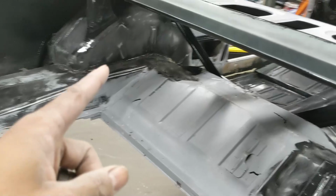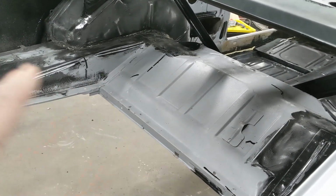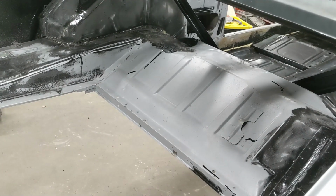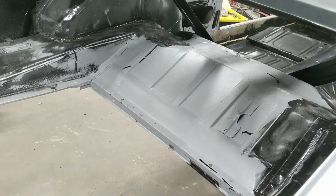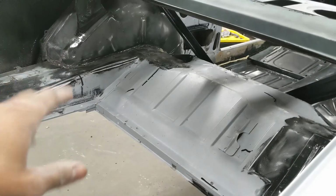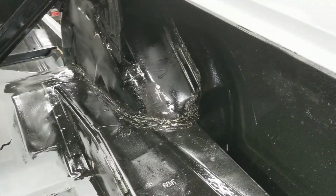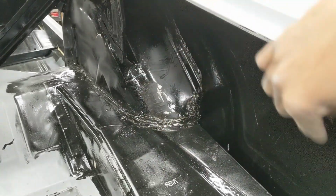So I'm going through and prepping everything with POR-15 right now, and then I'll go through with a scuff pad, probably a green on my DA, and scuff everything up. That'll be about a 220 scuff, which will be good for the application. 180 scuff. What's green? Let's put the green grid on the screen. I don't remember off the top of my head. But we'll go through and prep all that up, and I got to prep this side here. We're going with Raptor liner in the trunk as well, so I got to go in here and scuff all of this area that was POR-15,